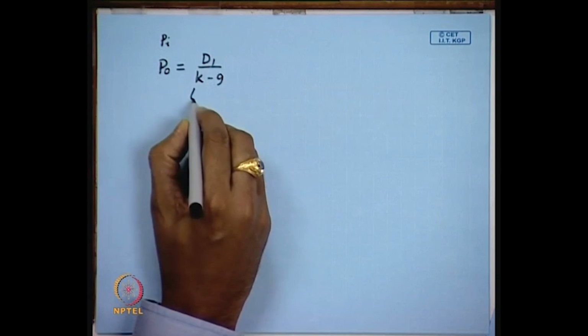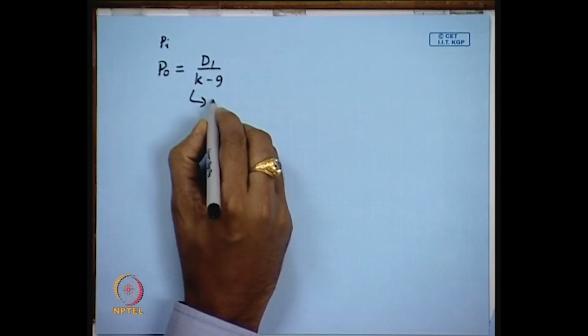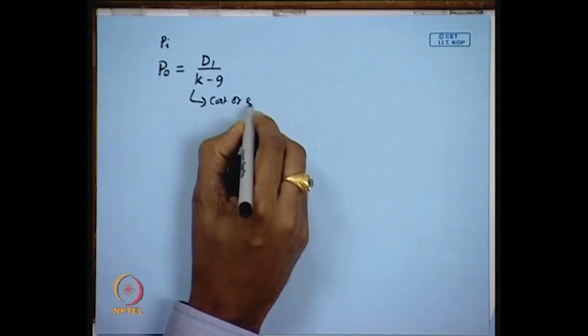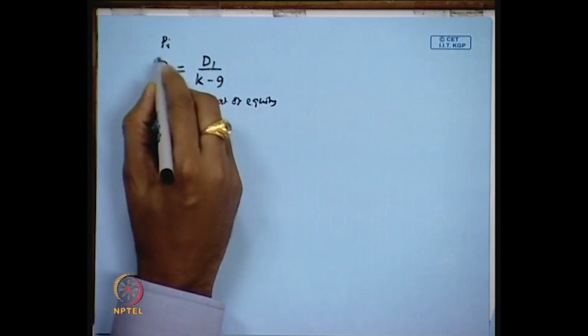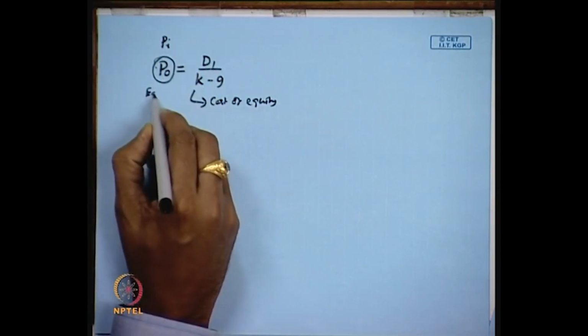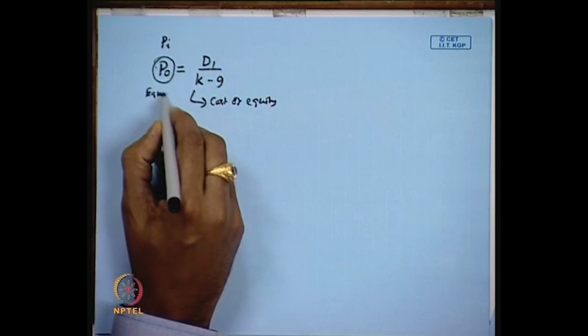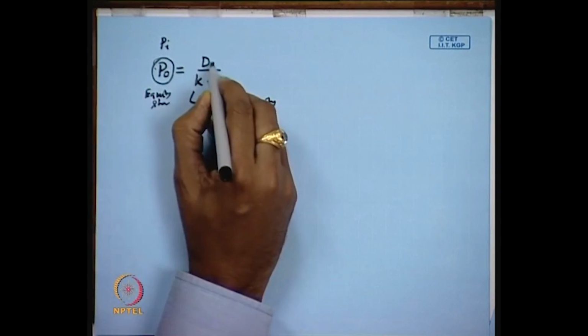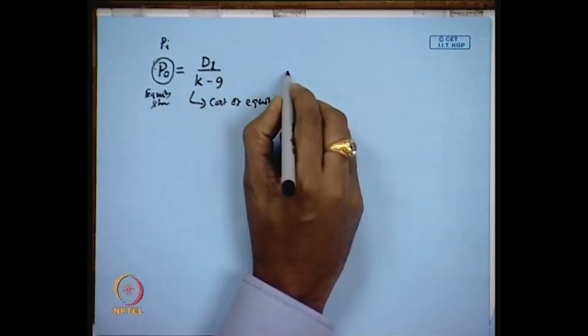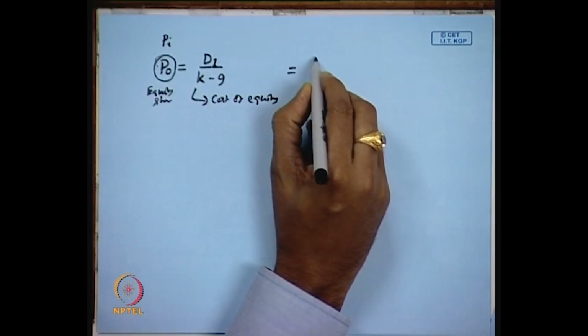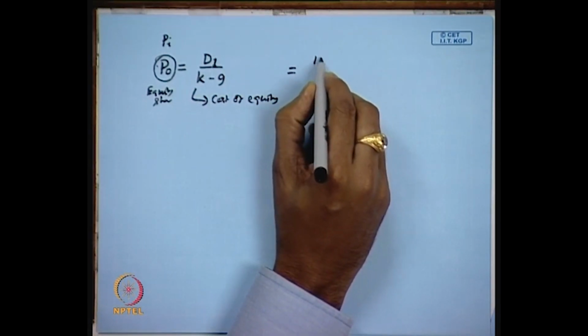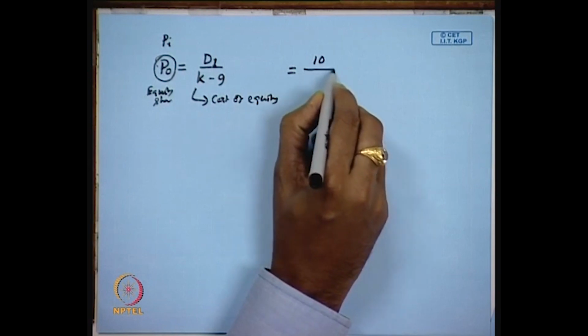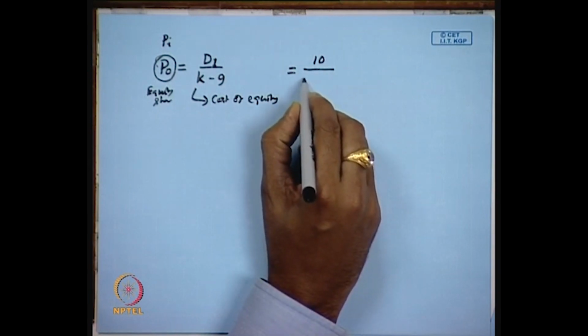The K is the return or the cost of equity, because the price is related to the equity share. That is why this is called the cost of equity, and D1 is the dividend expected in the next year. So, for example, if the company is expected to declare a dividend of, let us say, 10 rupees in the next year, and the cost of capital is, let us say,